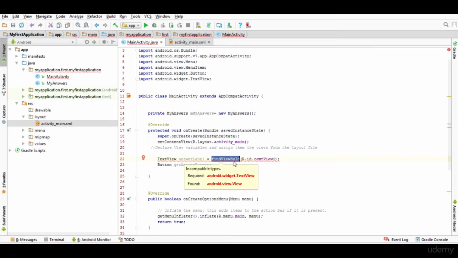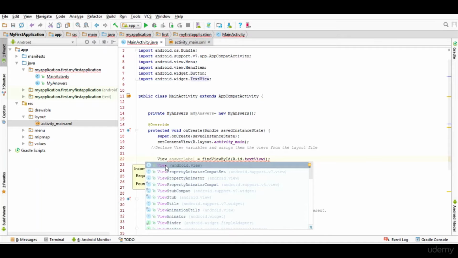As you can see, we declared the answer label as a TextView, but findViewById returns only a View, which is a regular view. If we change the variable to a regular View instead of TextView, maybe our error can be removed.